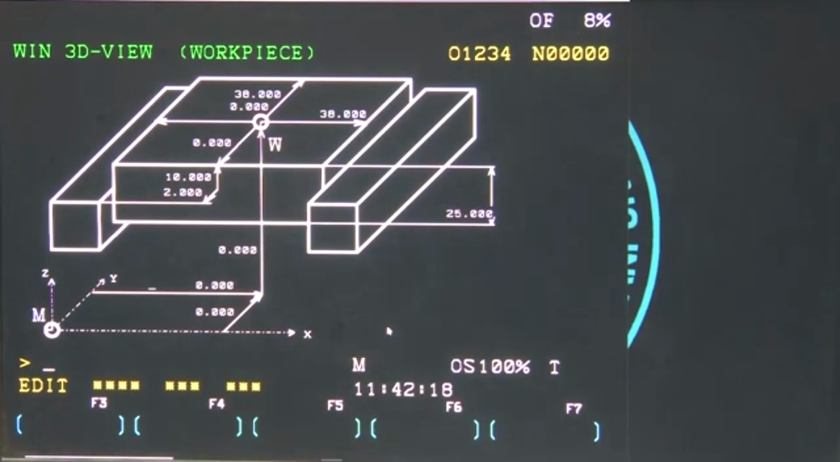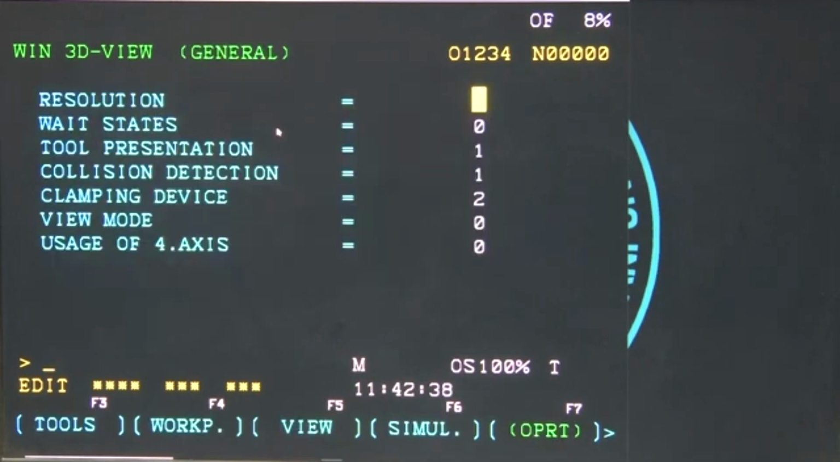So, here is the drawing. This drawing shows the blank, out of which you will make the workpiece, clamped on the table of the milling machine. This is the workpiece, these are the clamps, and all these heights are given here. So, if you see,